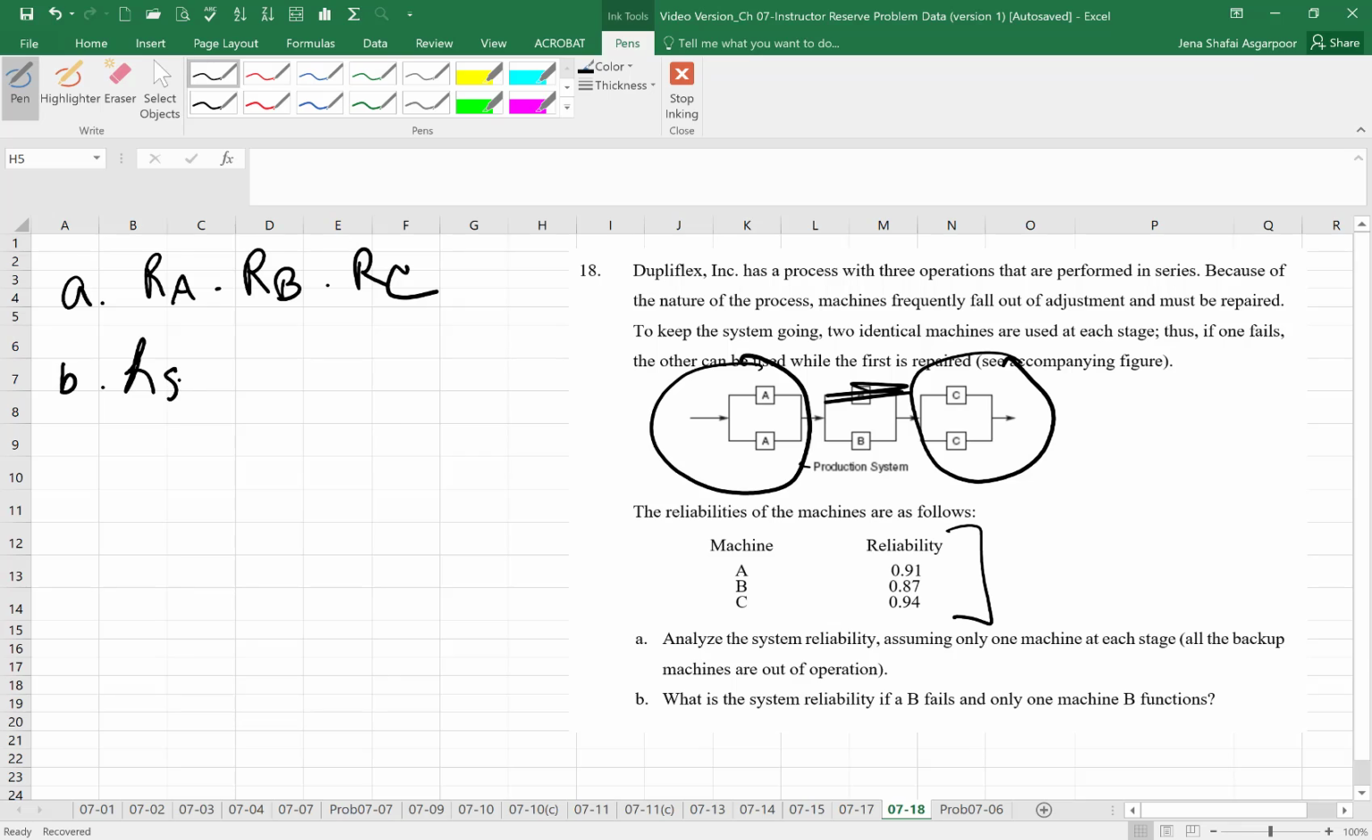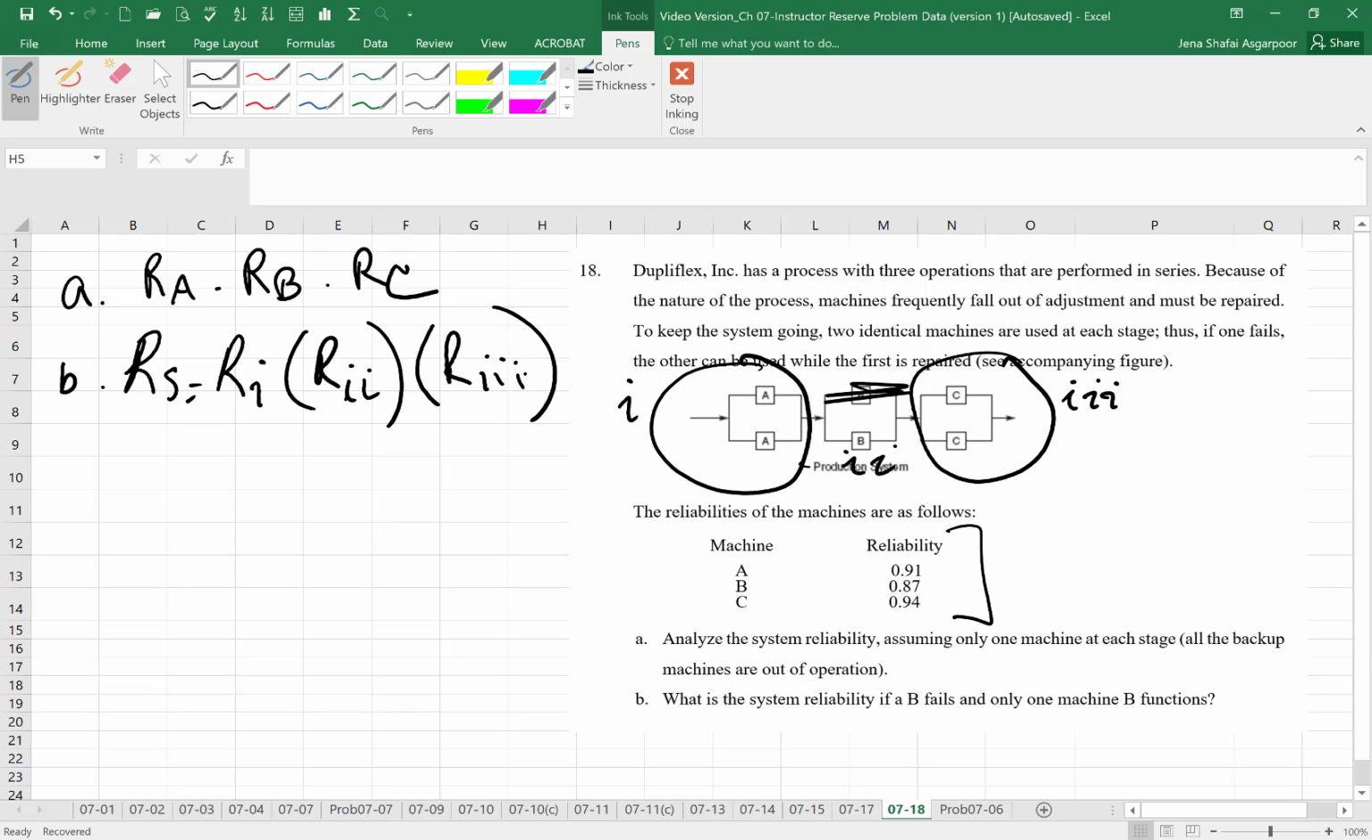reliability of the system is reliability of, let's call this I. This is Roman numeral 1, 2, and 3. Okay, but what is reliability of system 1? Well, since we have 2 A's in parallel, we need to first find out what is the failure